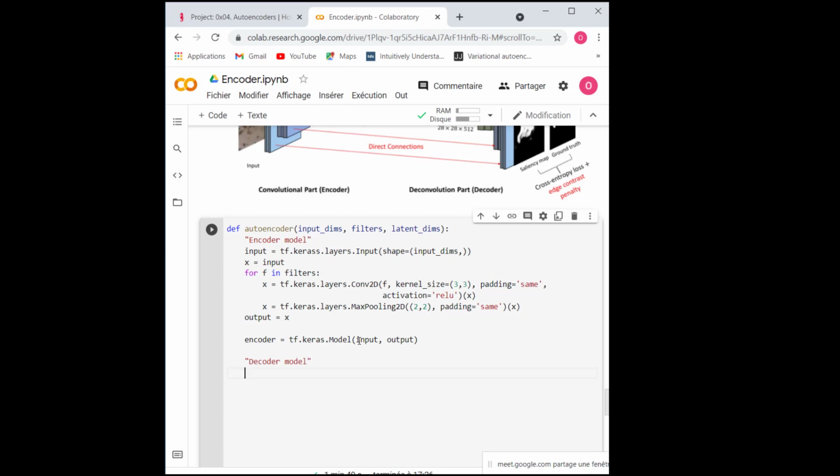My decoder model will have, like the encoder, let's say input 2, which is going to be tf.keras.layers.Input. So this is my input layer.